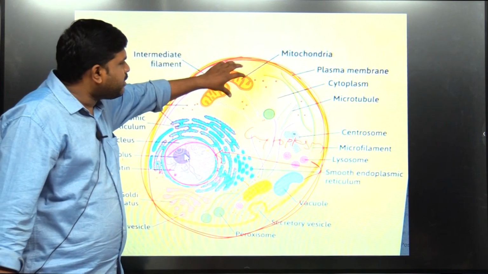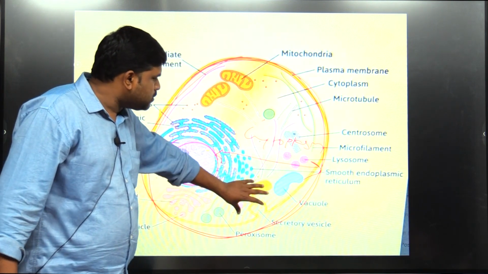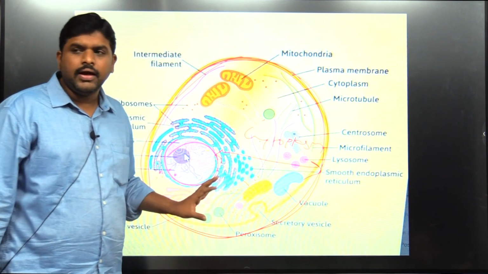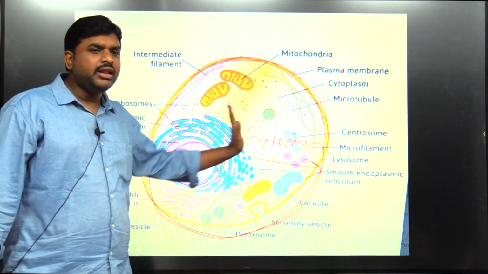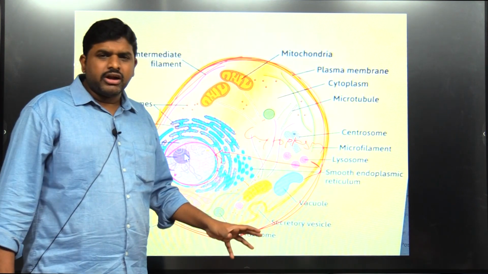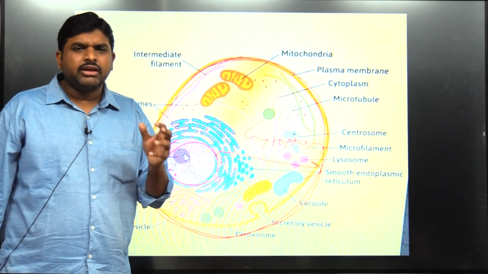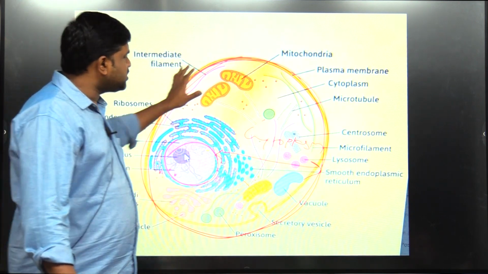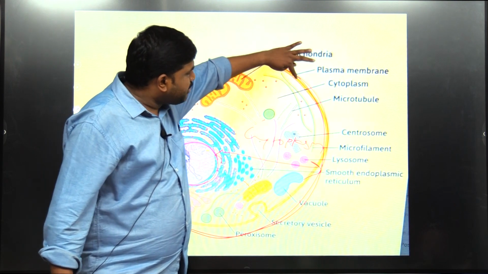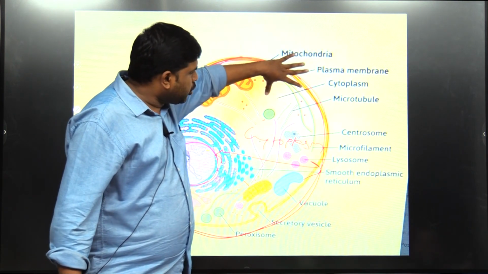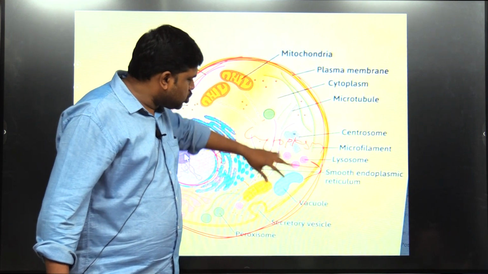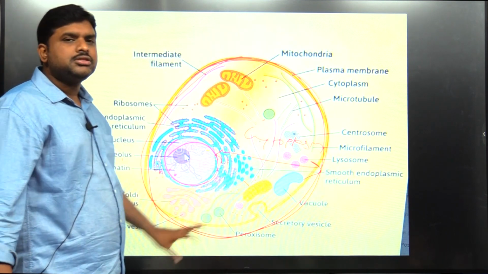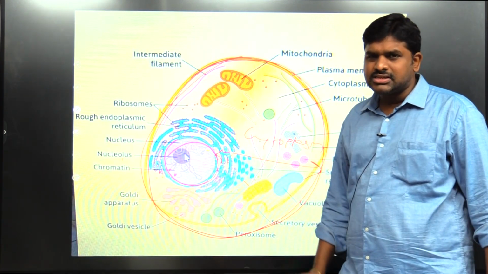And in the cytoplasm we have mitochondria, ribosomes, and endoplasmic reticulum. These are all the things present inside the cell between the nuclear membrane and the cell membrane. All things are not required; some are important, like endoplasmic reticulum, ribosomes, mitochondria and nucleus, that we will be discussing. So, there is a cell membrane, plasma membrane, cytoplasm, microtubules, lysosome, ribosomes, endoplasmic reticulum; this is the cell. The components of the cell we will discuss one by one.